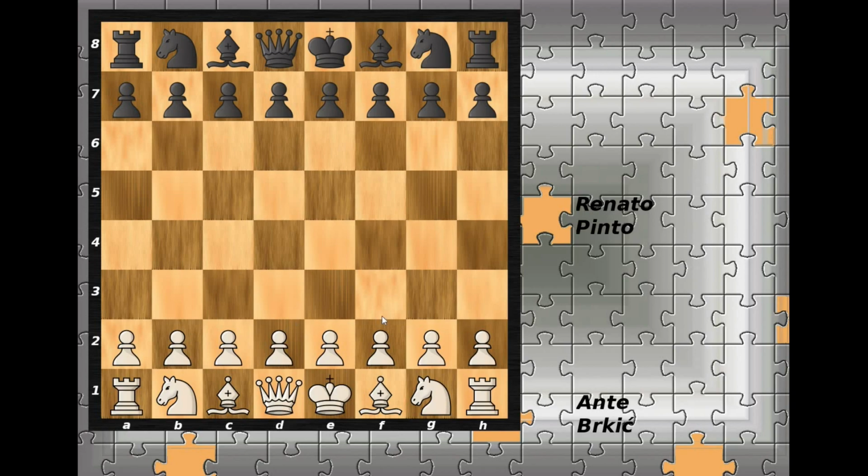So another interesting game from the recently ended Julius Baer Generation Cup tournament. It was a rapid game between Ante Brkić and Renato Pinto from the 8th round. Let's see what happened. Ante Brkić had white pieces and he started with e4, c5, knight to f3, d6, d4,